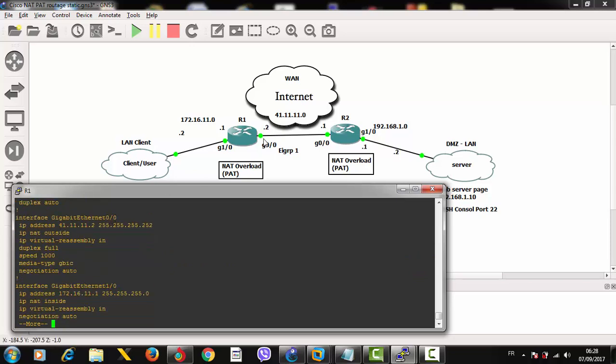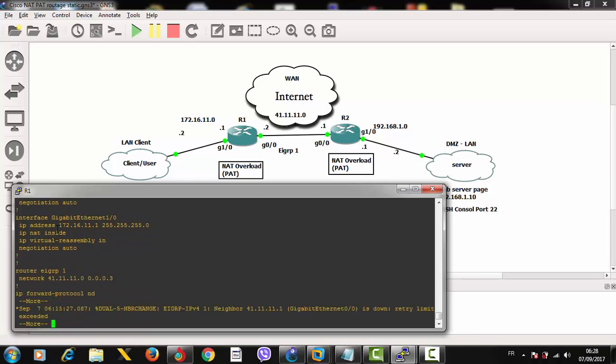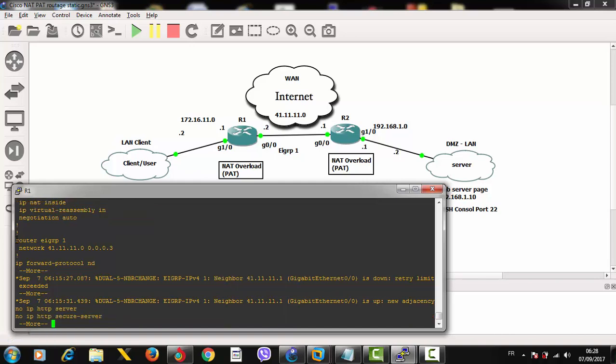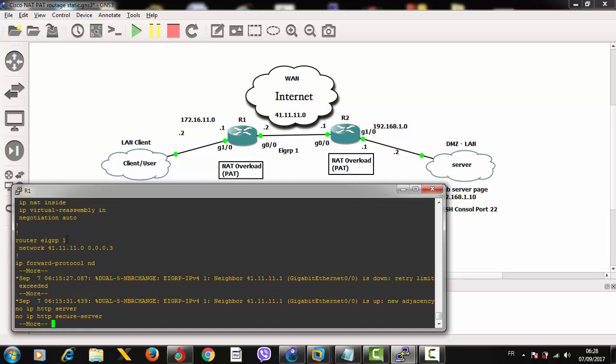GigaEthernet 0/0 is the NAT outside with the public IP address 41.11.11.2, and the inside NAT interface will be 172.16.11.1. Okay, we are using IGRP with autonomous system 1,